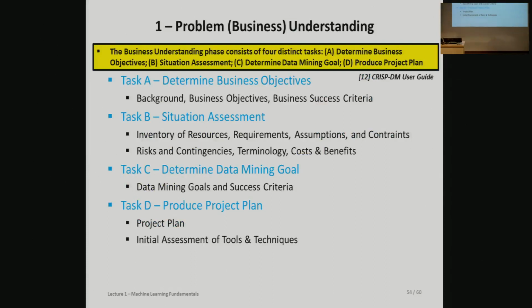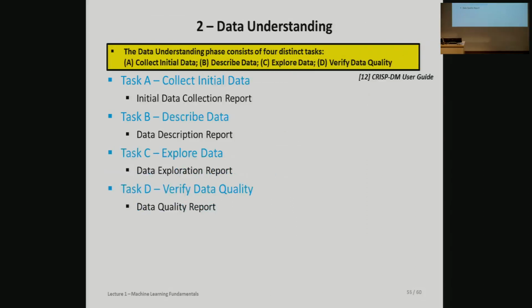So if you go to the appendix, you find for each of the different steps we discussed in the CRISP kind of model all the different subtasks. Now they talk a lot about reports. That's actually one of the criticisms of the model. Don't take it literally, right? So don't every time make a big written text report, but maybe make a Google Doc as we sometimes do, just structure it roughly according to the systematic process and put some findings there. It helps you later on to not repeat the same studies again when you maybe don't remember them because it was 4 months ago, or to know why you picked the model parameters this and that way. So it could help you to report some things, but don't see it in a formalized way.